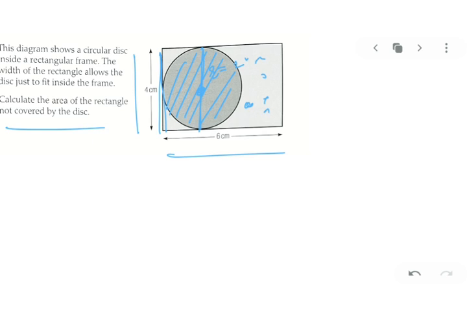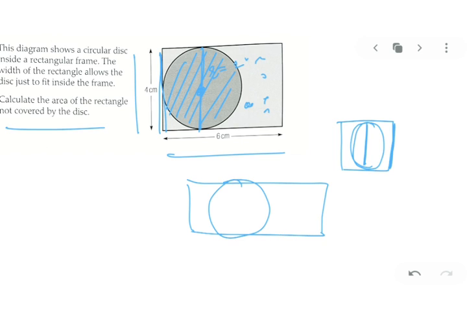Okay, so the remaining part you will subtract and you will get it. The only tricky part here is to find the radius. Kids don't understand that if I'm taking a square, the side of the square, whatever side of the square we have, will be equal to the diameter of the circle. And similarly, if I am taking a rectangle and I am making a circle, then whatever width I have of the rectangle, that will be same as the diameter of the circle. Is that clear?